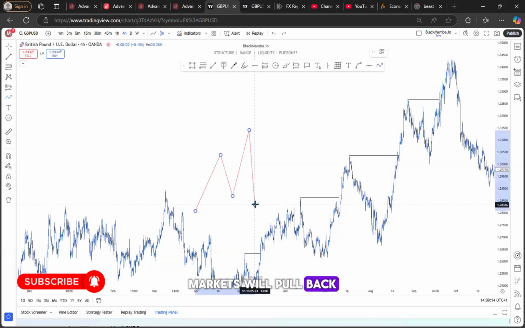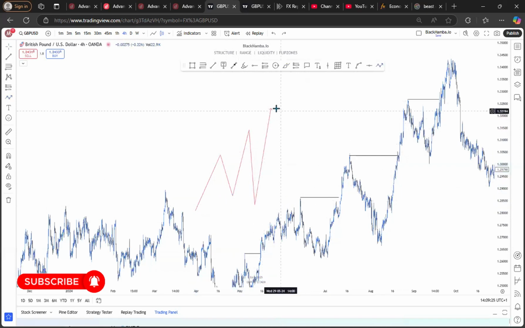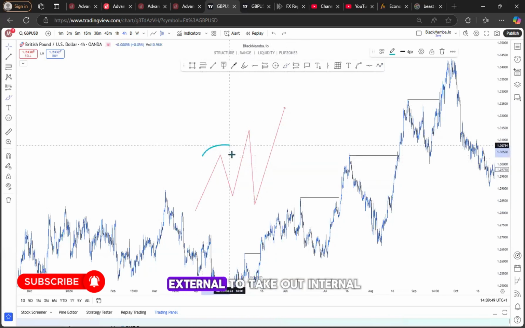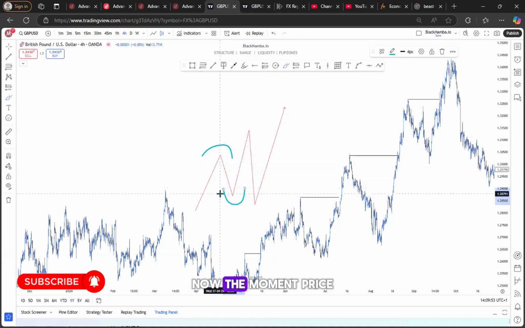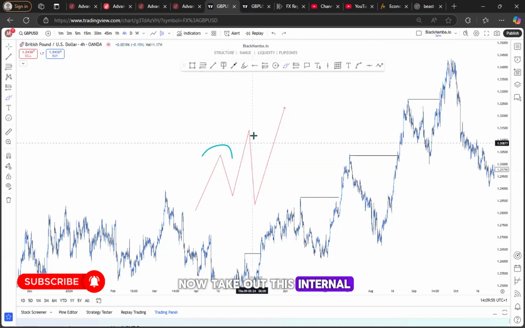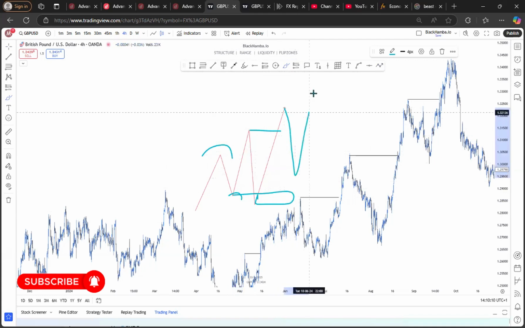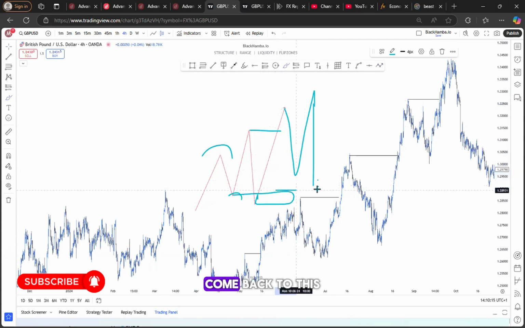market will pull back, take out liquidity, and continue pushing to the upside, meaning price has come from external to take out internal. Now, the moment price takes out this internal, then breaks structure to the upside, we are expecting price to protect this low. We'll be expecting price to print something like this again, come back to this level here, and then continue to